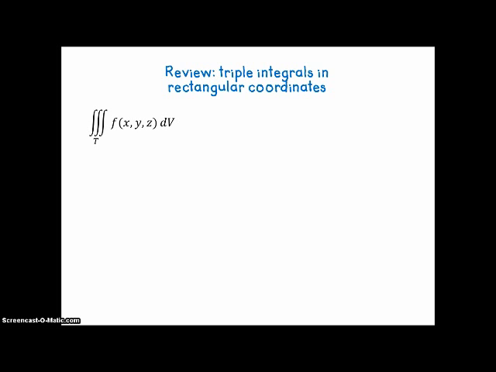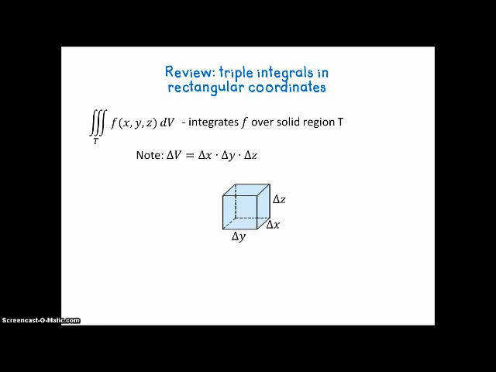Here's our triple integral, f of x, y, z, dv. This integrates f over a solid region T. Note, the change in the volume is the change in the three dimensions x, y, and z multiplied together. And so we have a little cube, and in order to integrate at every single x, y, z value, that